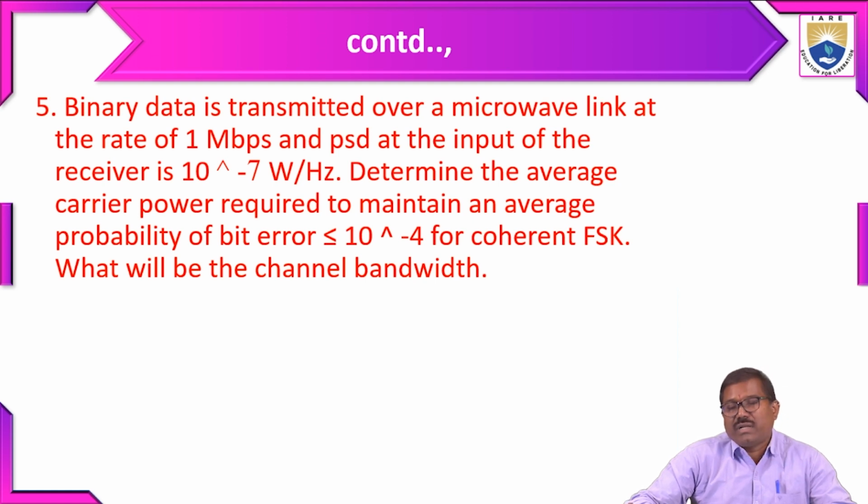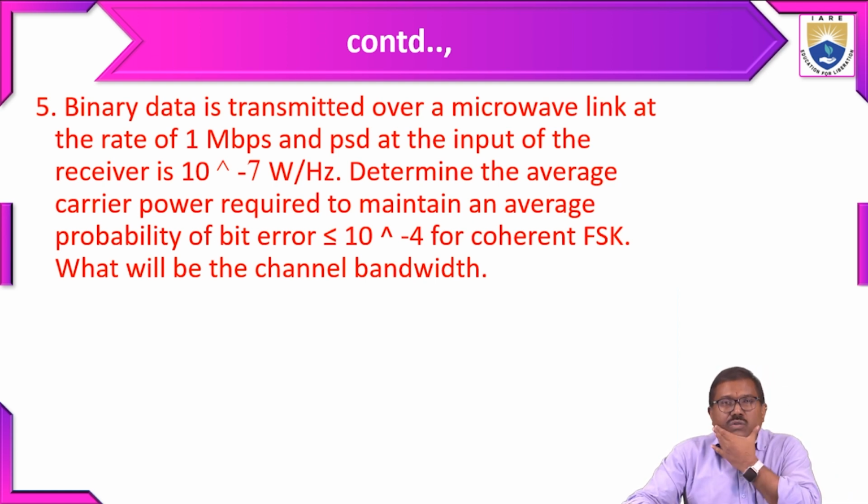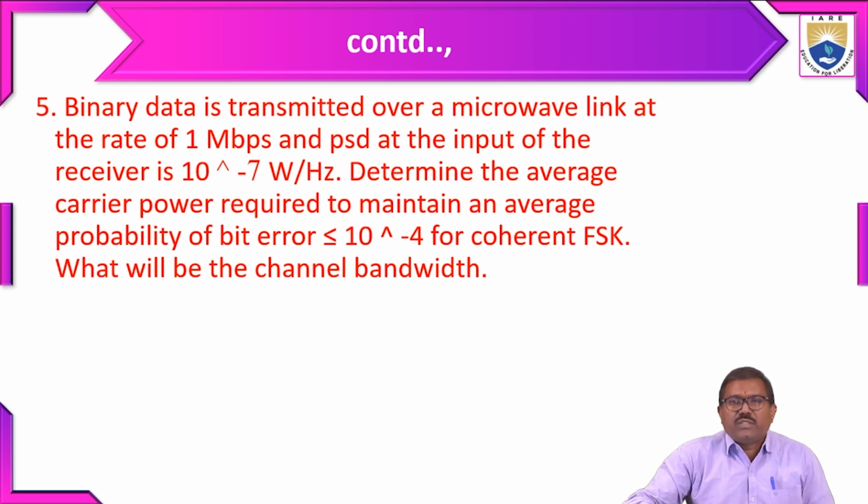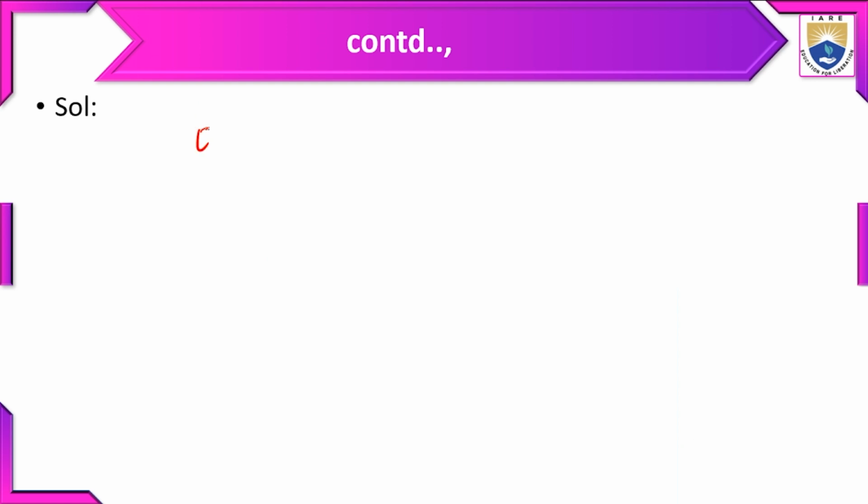So what will be the channel bandwidth? So this problem belongs to FSK, previously we solved PSK, but now this problem is regarding FSK, frequency shift keying. Okay, so we know that EB is equal to A square T by 2. We know that energy per bit is equal to A square T by 2. And here you need the probability of error PE for the FSK. Okay, that is